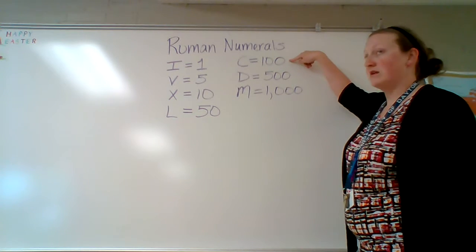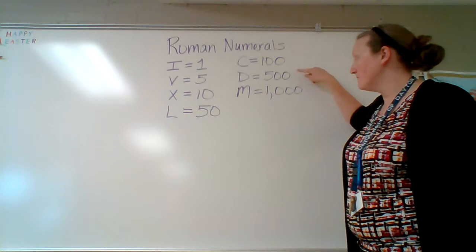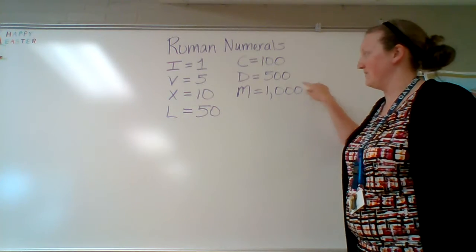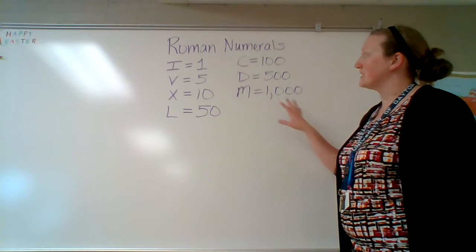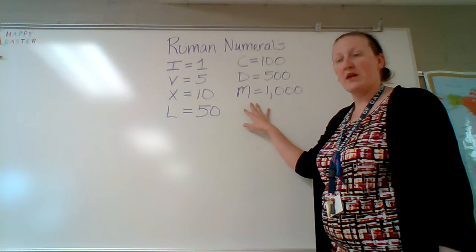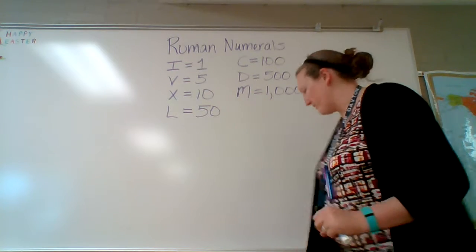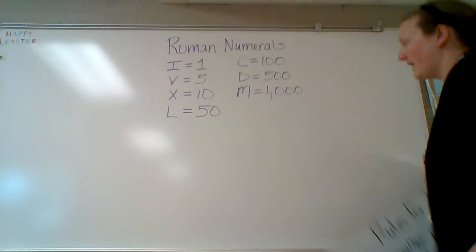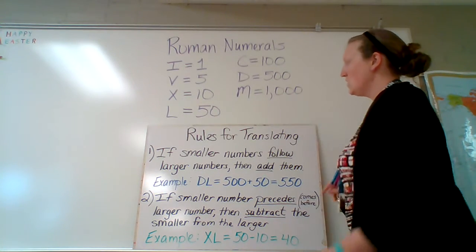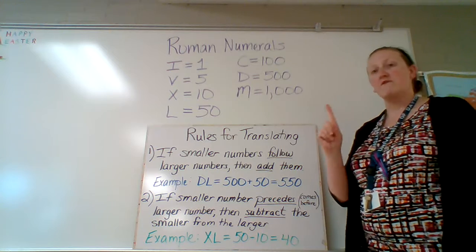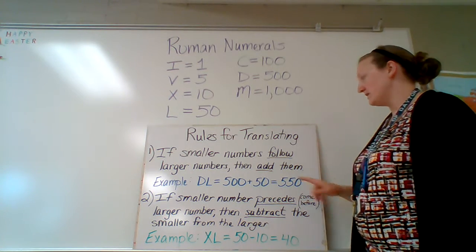C equals 100. We can think of it like century, 100 years. D equals 500. And M equals 1,000, millennium, 1,000 years. So we notice that there are 7 letters that are used when representing Roman numerals. And there's 2 simple rules that we're going to look at here today for how we can combine and understand these Roman numerals. So our rules for translating, number 1, if the smaller numbers follow the larger numbers, then we